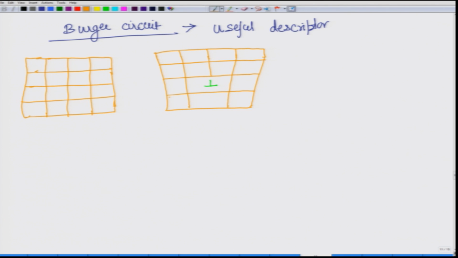On the left hand side we have a perfect lattice. Over here contains the dislocation. What the Burger circuit tells you is that, starting from somewhere, you start drawing arrows, and compare that set of arrows with the similar thing in the perfect lattice, and the gap that you see in the